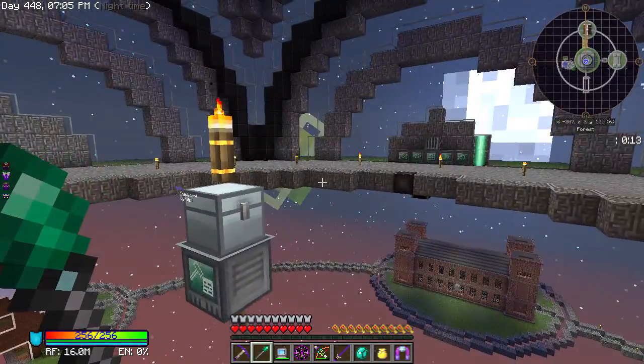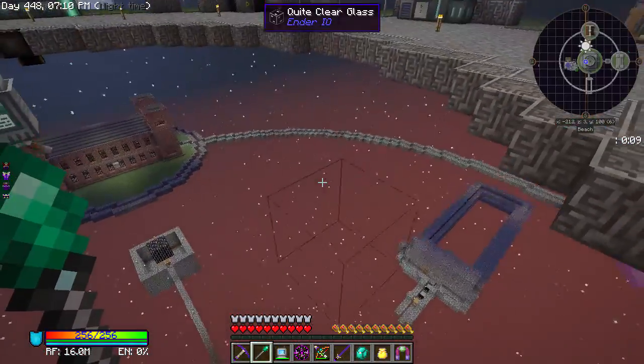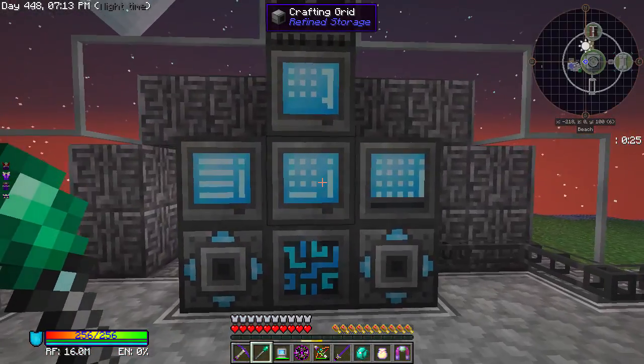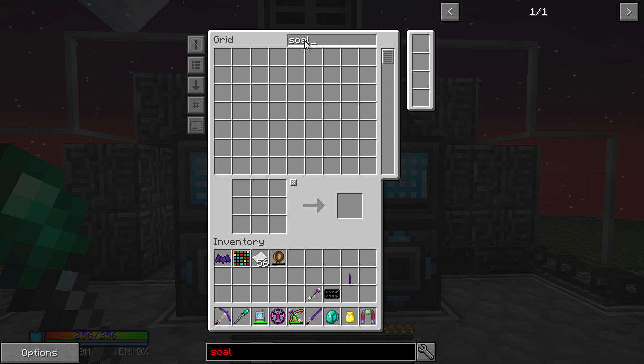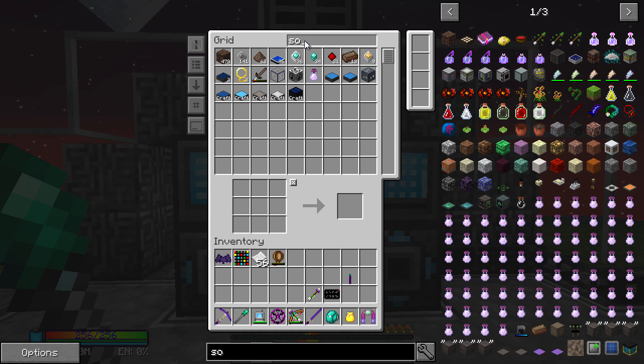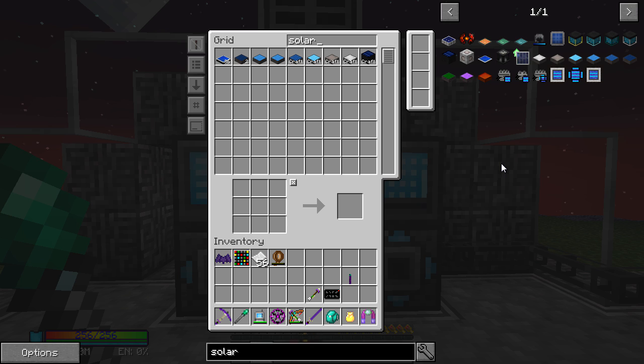So I think that's what we're going to do next episode. This episode we're going to do a few little bits and pieces around the base. I've just got a few things. What I think I'm going to do as well: one of the reasons I wanted the auto wither killer is because I've been looking into power, just getting a bit more power around the base, and